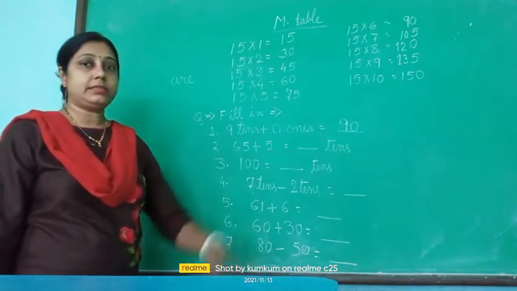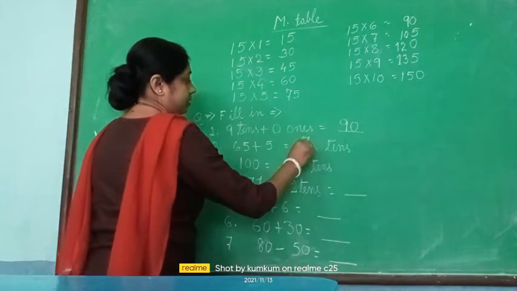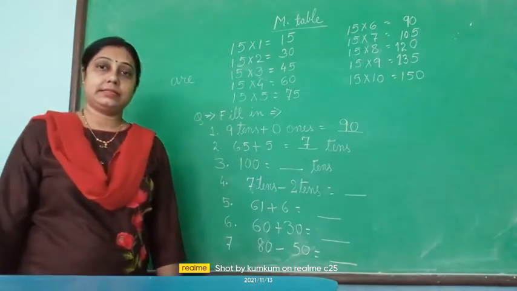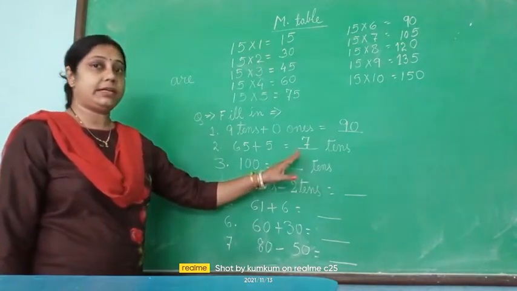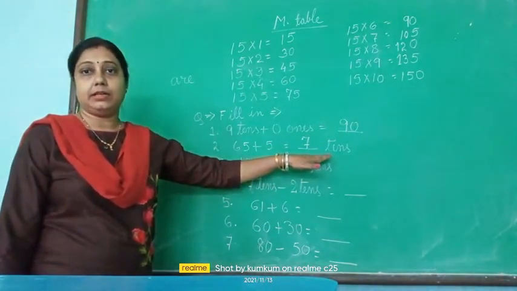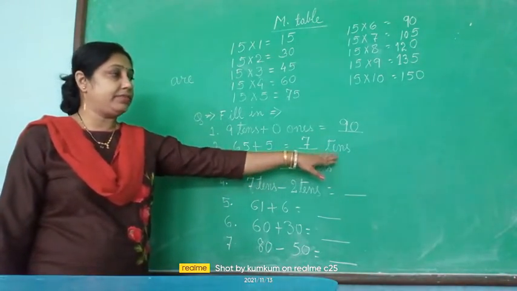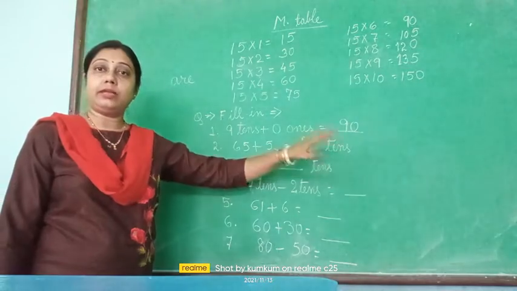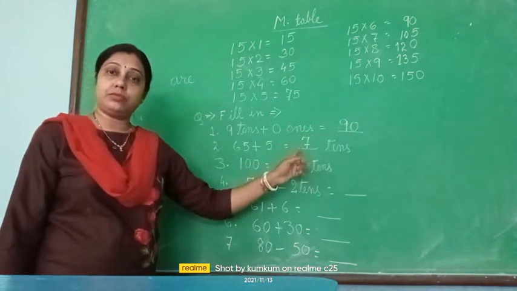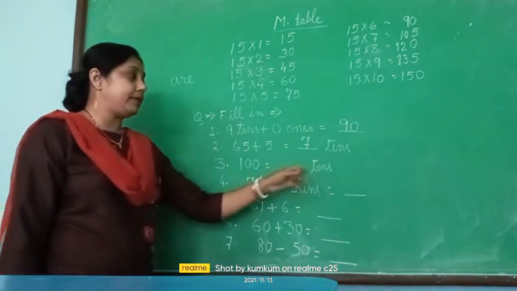70 means how many tens? 70 means 7 tens. So I have converted 70 into tens. So I have written 7, don't write 70 here because then the answer will be wrong. Here after the dash, if tens is written, then don't add 0 here, and if no tens was written, then you should have written 70.